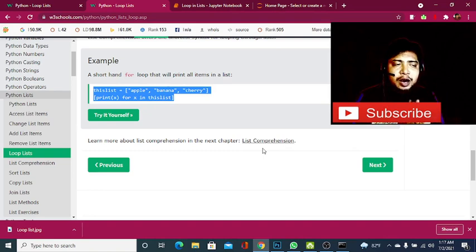We have already shown comprehension, the shortest or the smallest way to run a loop, so that we can execute a program very smartly. I hope you are clear regarding the for loop, and using the length function to identify the index number so that I can run a function. After that, I discussed the while loop and also the comprehensions of the for loop.